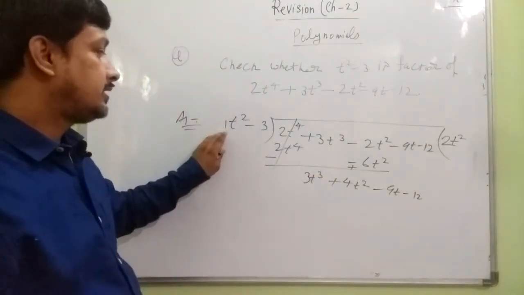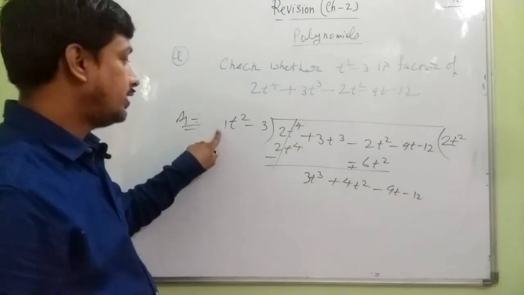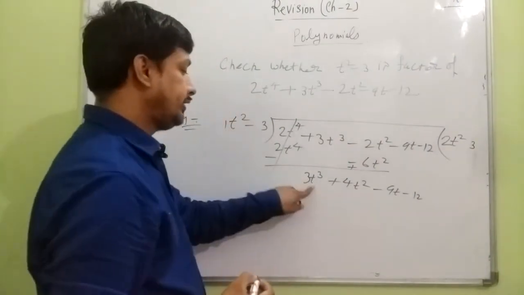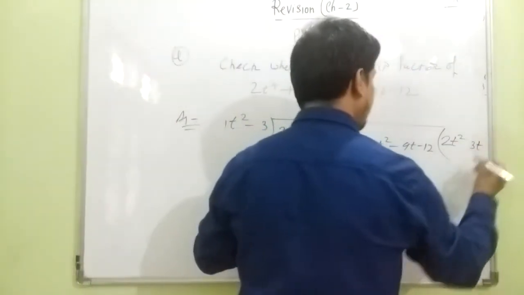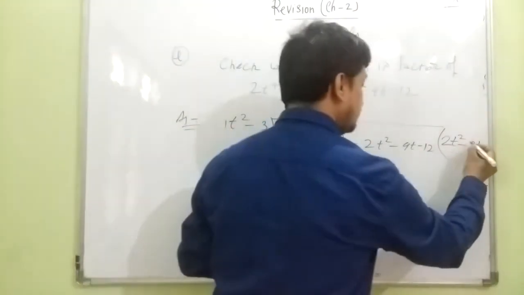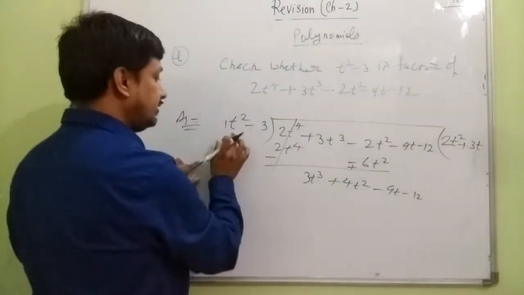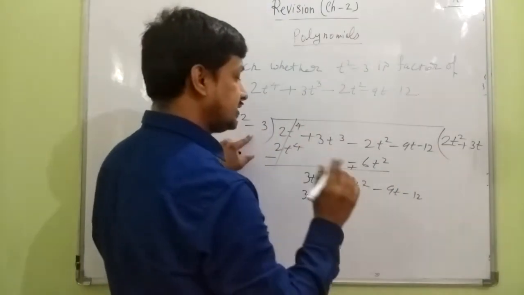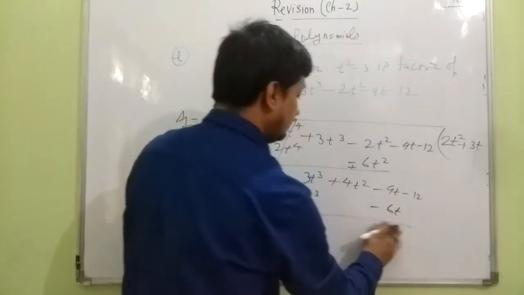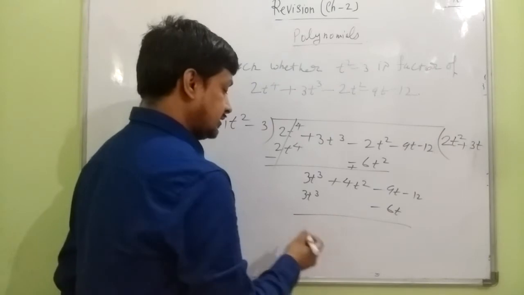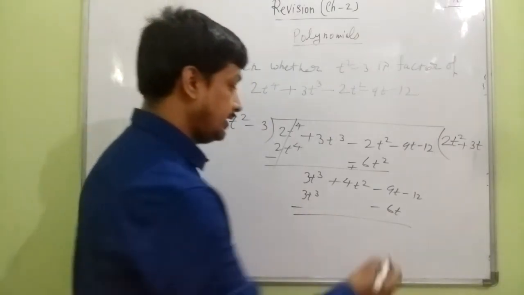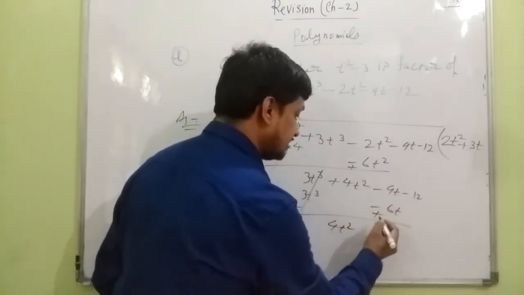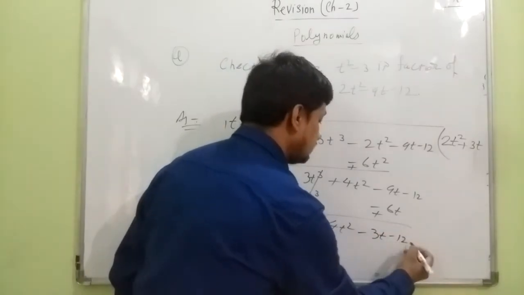Now you have to make 1t square into 3t cube. So you will just multiply by 3t, and t square into t gives t cube, and the positive sign is here, so you will apply the positive sign. So multiply 3t with this, you will get 3t cube, and 3t with minus 3, you will get minus 6t. So you will write the term of t here, because now change the sign. Here is positive, so you will apply negative. Here is negative, you will apply positive. So these terms will be cancelled. Then 4t square, minus plus minus, minus 3t minus 12.